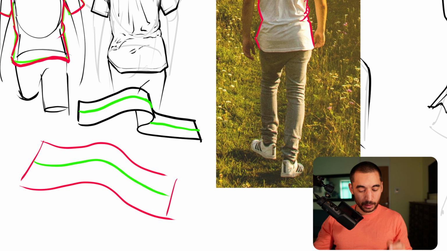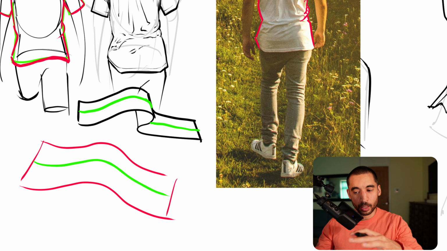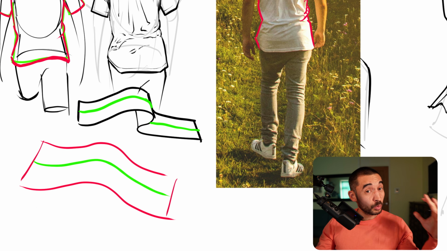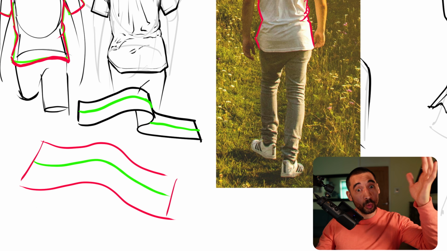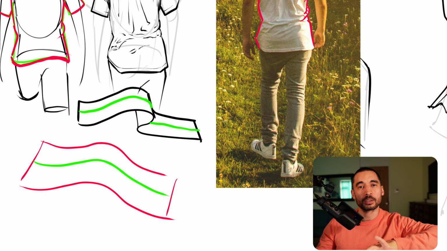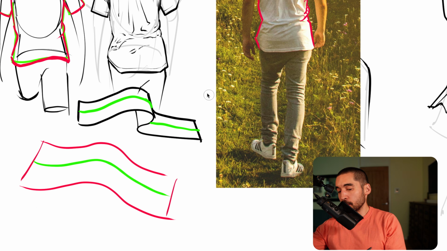I kind of think of these as ripples and these as foldovers, where they're really turning so much that they create an overlap. And those are more deserving of a line. It doesn't mean you need to draw them all in. Sometimes there's too many, but they're more deserving of a line. So if it's affecting the outline, affecting the silhouette, or if it's that kind of fold over situation, it's more deserving of a line. And so what we can do then